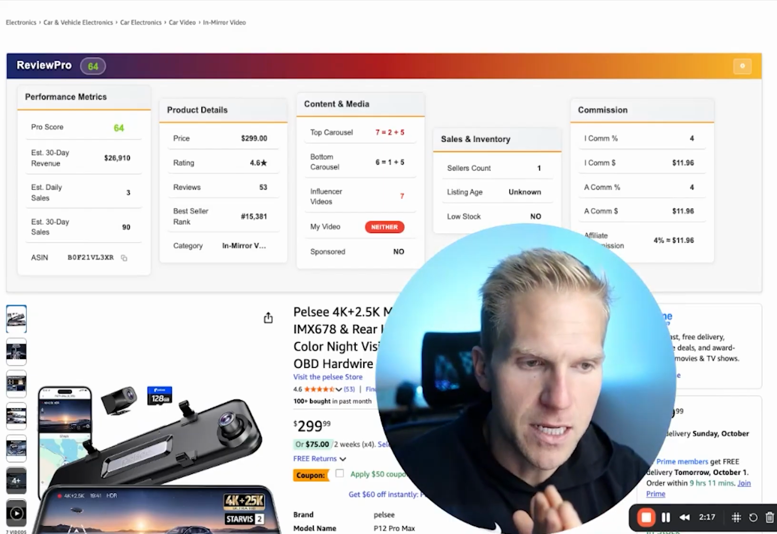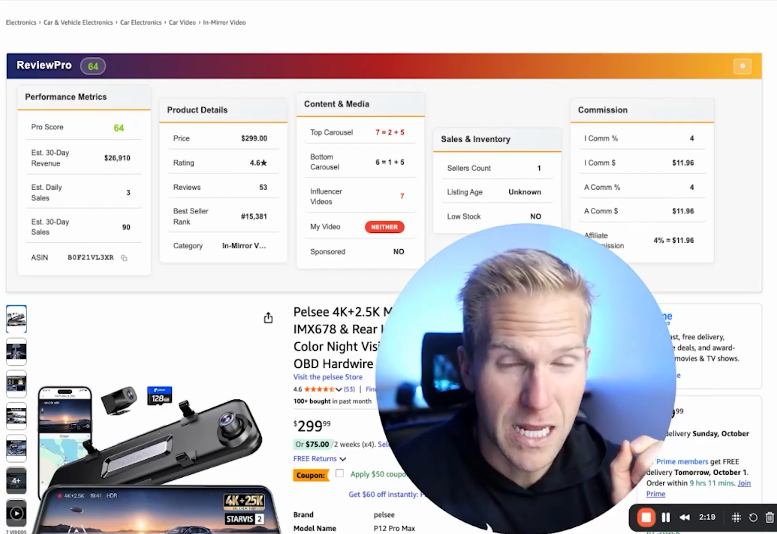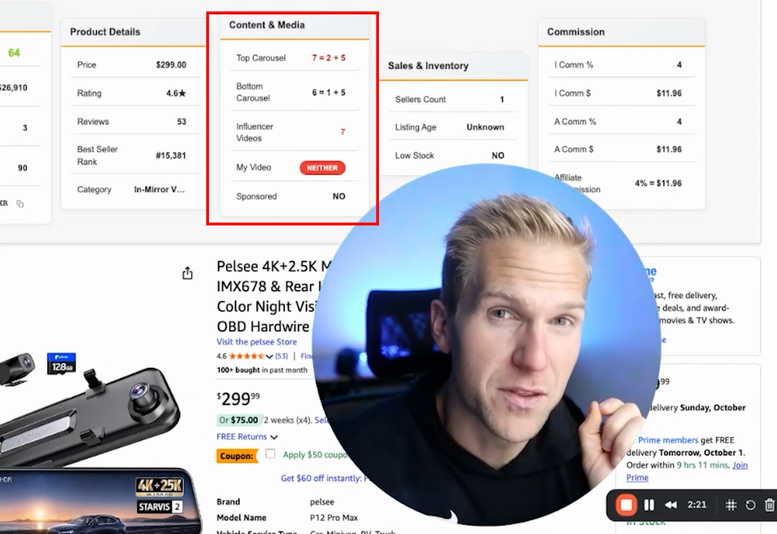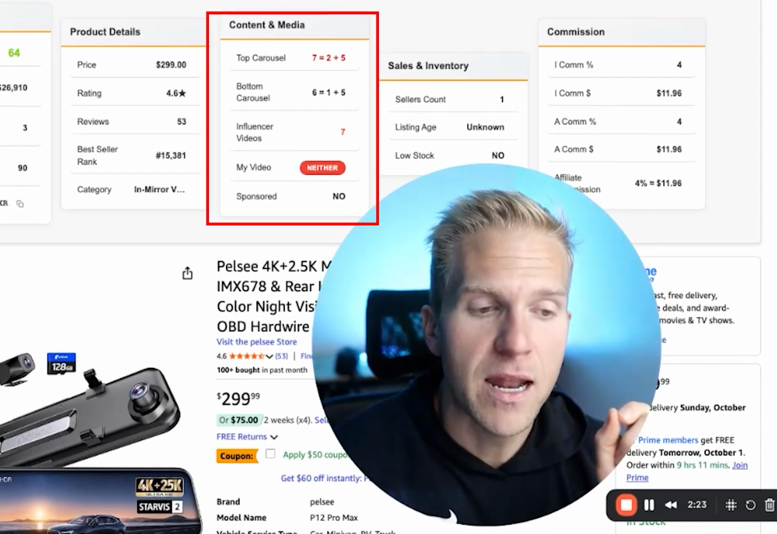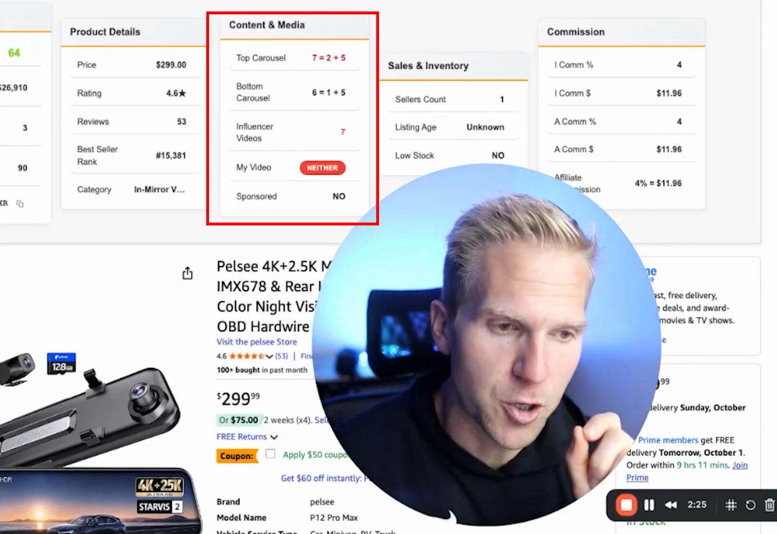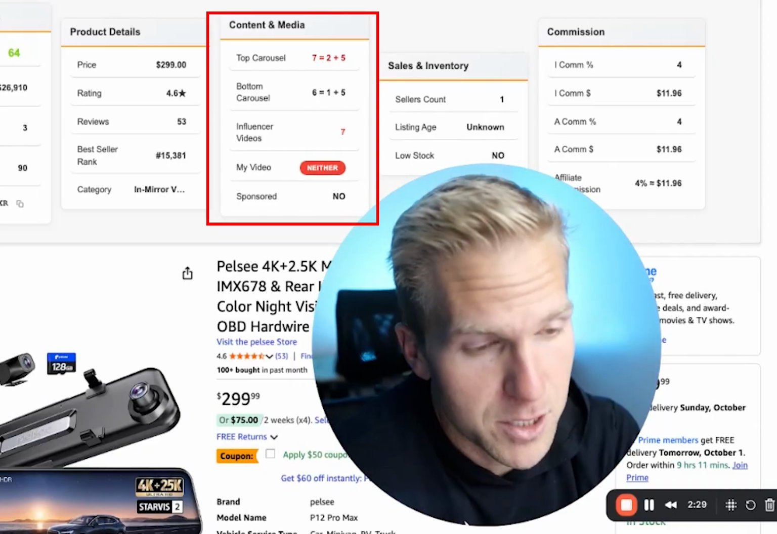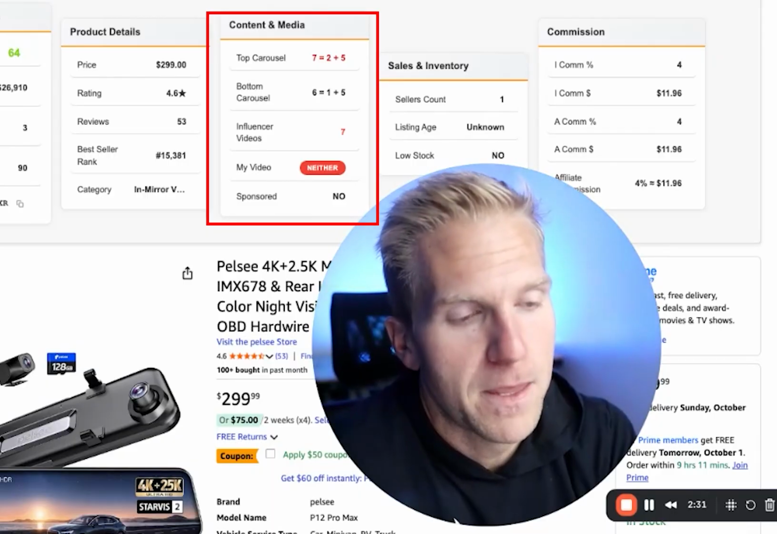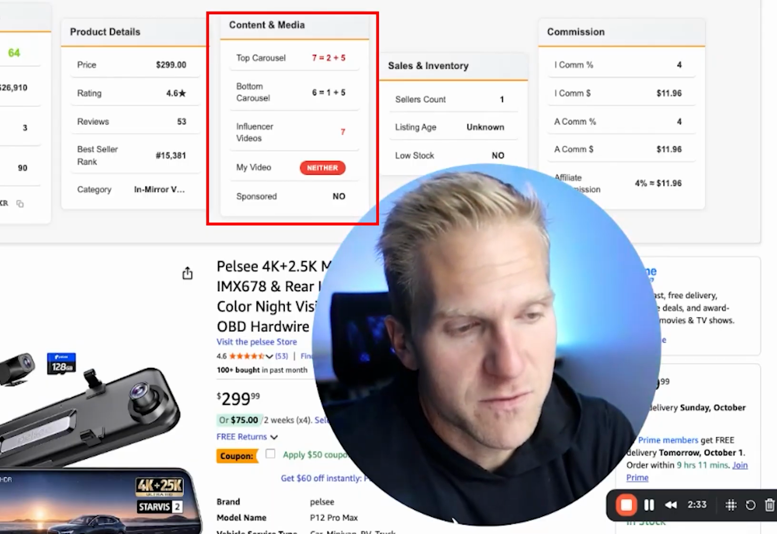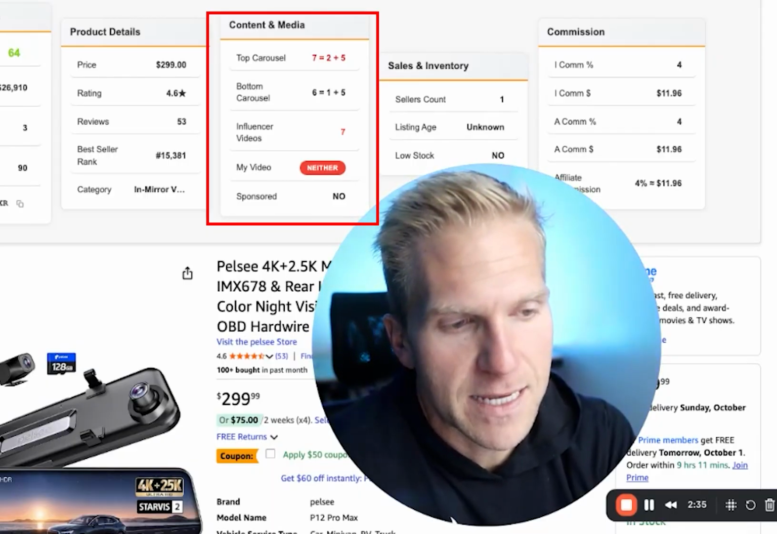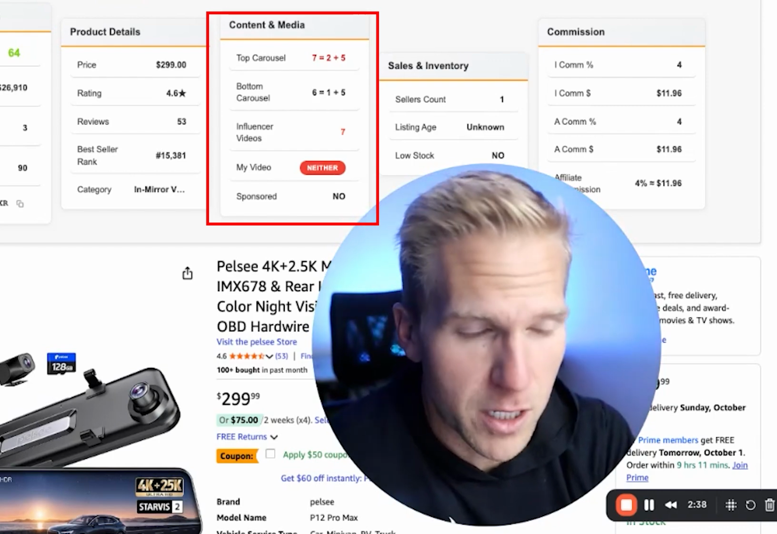And then we have the content and media. The top carousel shows how many review videos are already at the top of the product page, and the bottom carousel shows how many review videos are at the bottom. There are only two places where your video can be shown on Amazon product pages: the top or the bottom. The 7 = 2 + 5 equation reflects that there are 7 videos total on the product page,